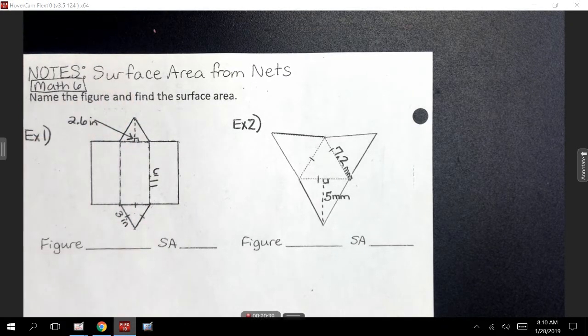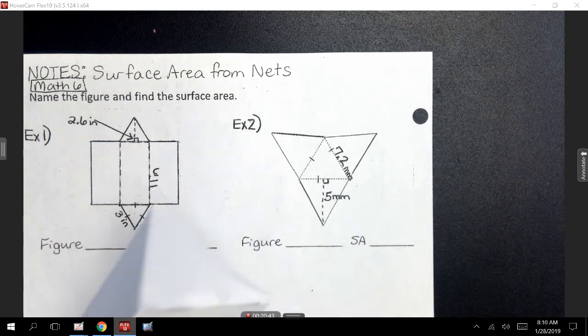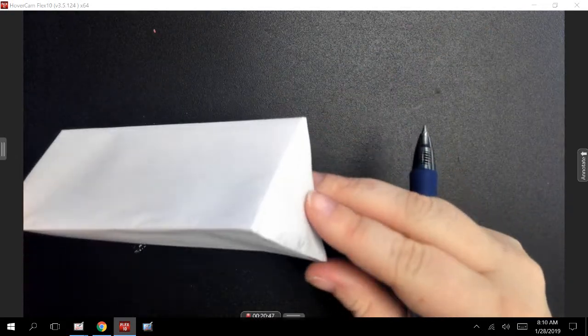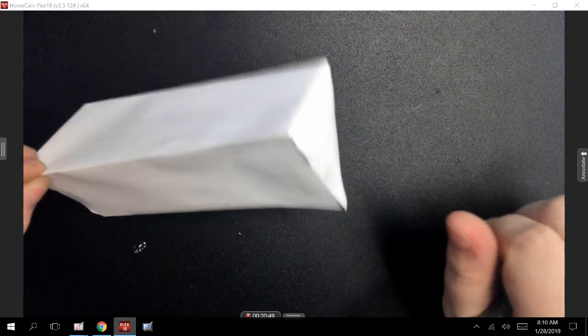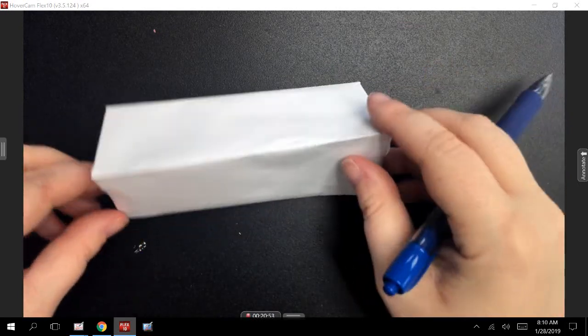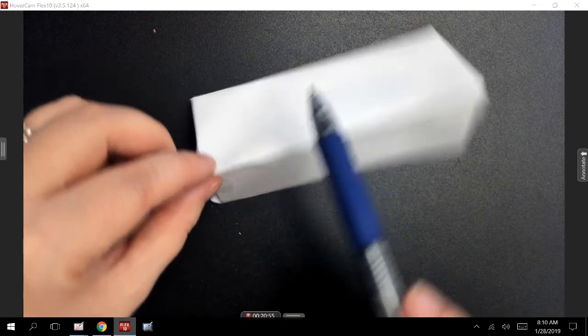So basically what that means is, look, I have a triangular prism right here. So here's my triangular prism. When I'm talking about this triangular prism, we can see it has a bunch of sides, right? I have some triangles, I have these rectangles, all right? What we want to know is how big is this rectangle, plus this rectangle, plus this rectangle, plus this triangle,